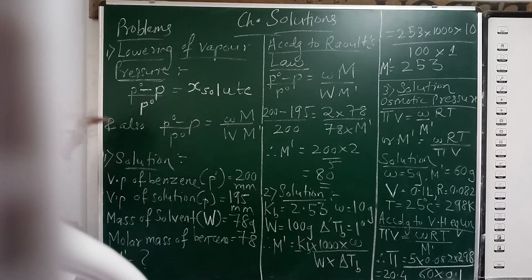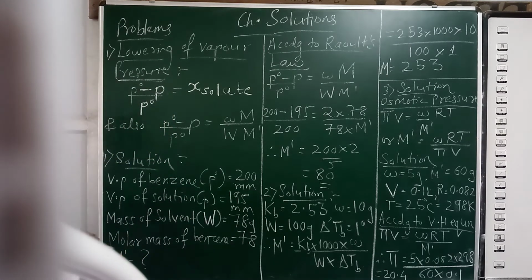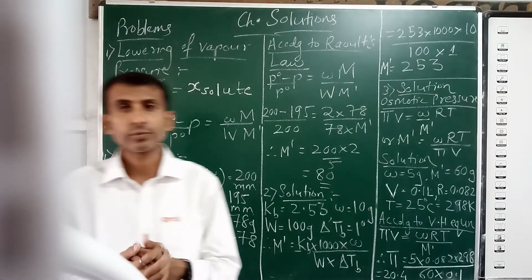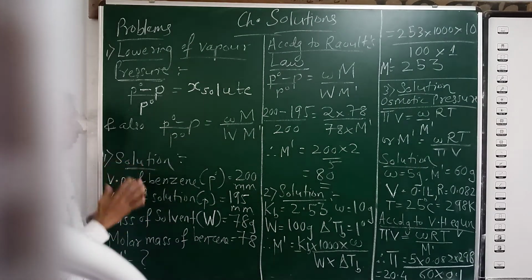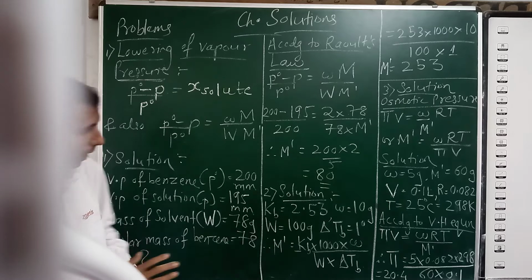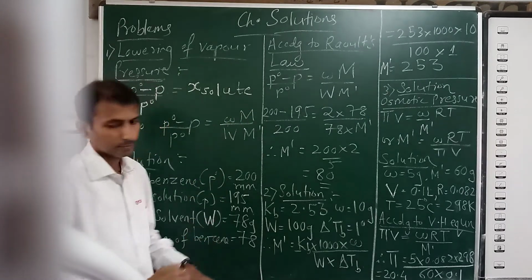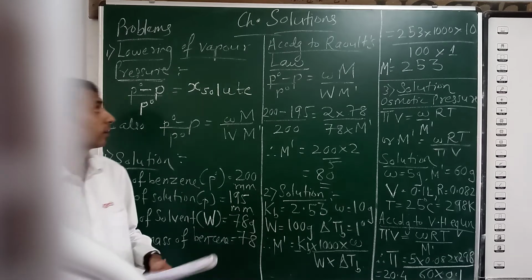So once you have just written down this particular equation in your notes, then we have this numerical first one, and I'll read out this numerical for you. So one thing is very clear when you watch this video, your notes should be with you, because I have just written the solution for the numerical. So first numerical for this first colligative property.